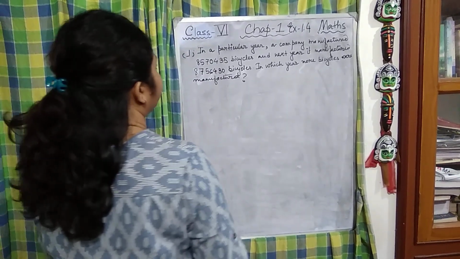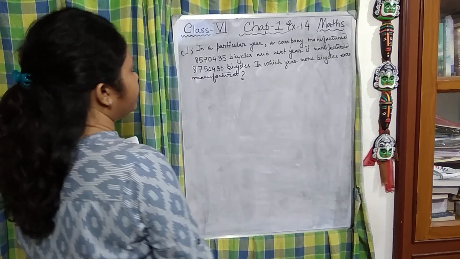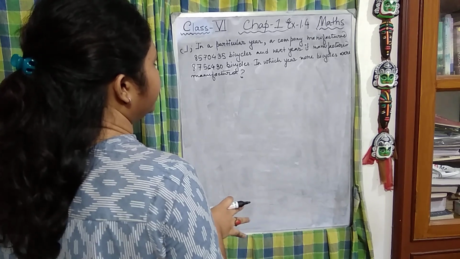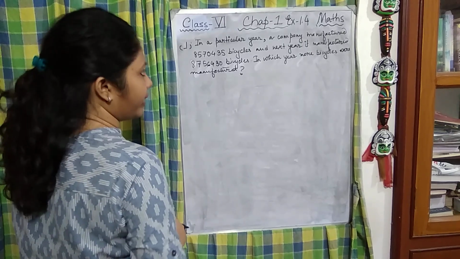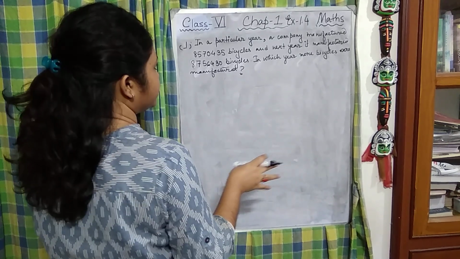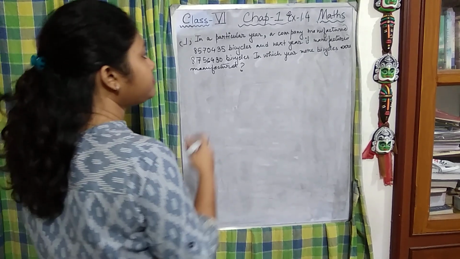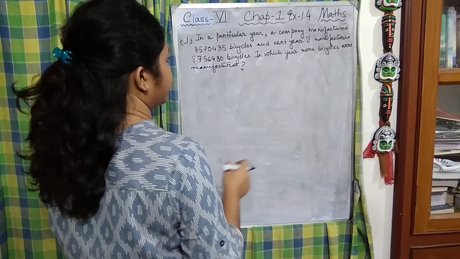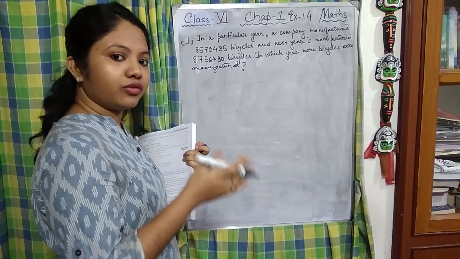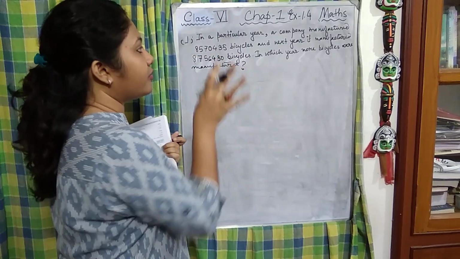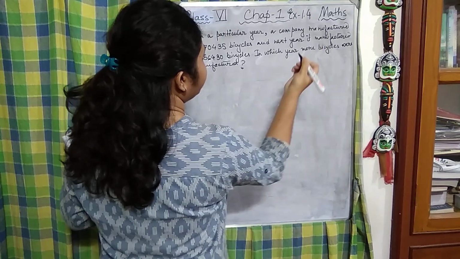In exercise 1.4, I am going to do the number 1 sum for you. I am reading it out loud. In a particular year, a company manufactured 85,70,435 bicycles, and next year it manufactured 87,56,430 bicycles. So in which year were more bicycles manufactured? Now for that, I have always said that you should always write down whatever is given to you. So we are given